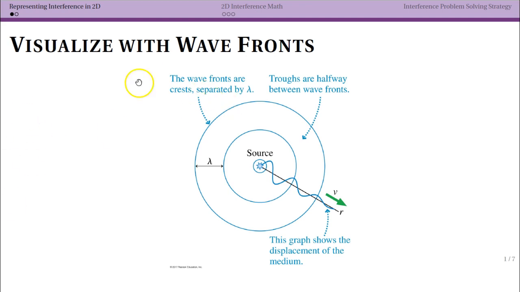So the first thing to remember is that when we're trying to think about and visualize waves in 2 or 3 dimensions, we're going to use these wavefront diagrams. So typically we put our source in the center, and each circle here is going to represent the location of a crest. So notice in this point we see a sine wave that looks like it's getting smaller in amplitude, and in this case we would represent it that way to show that your amplitude is decreasing as you get further away,